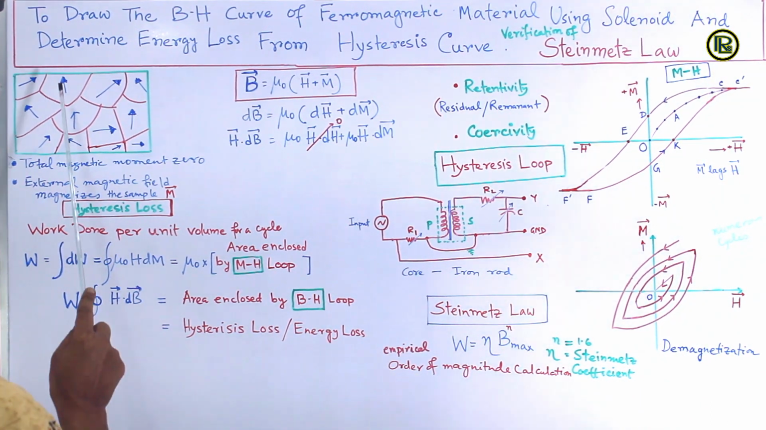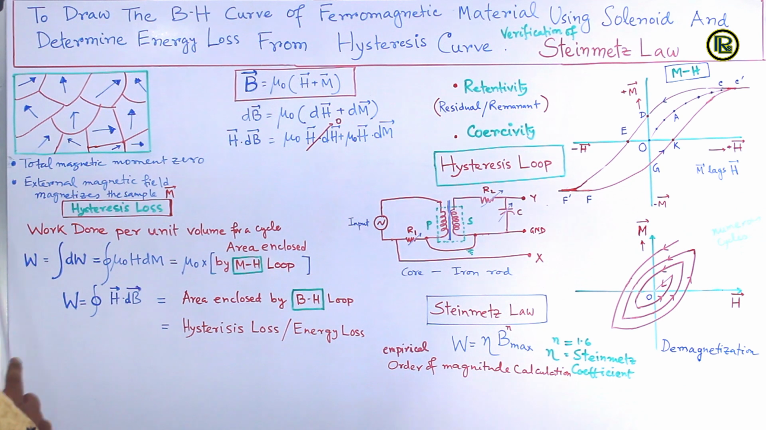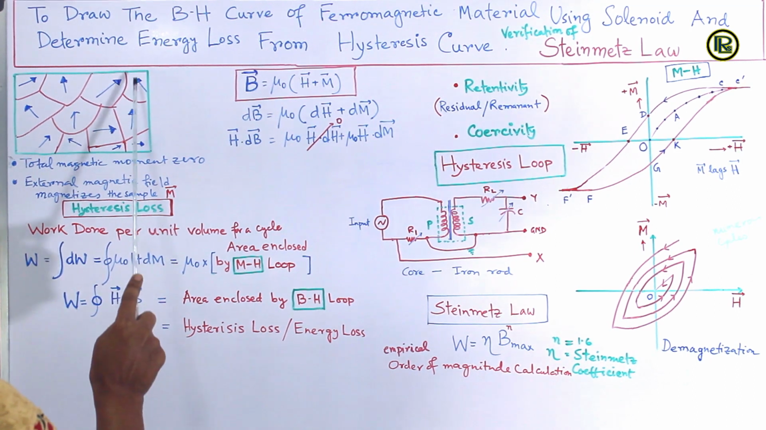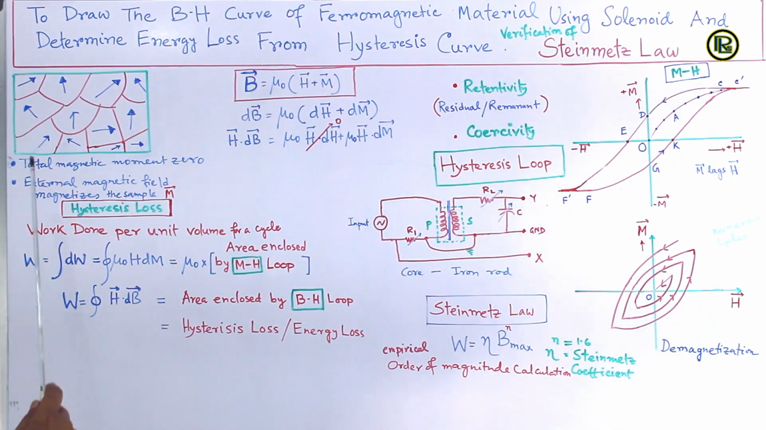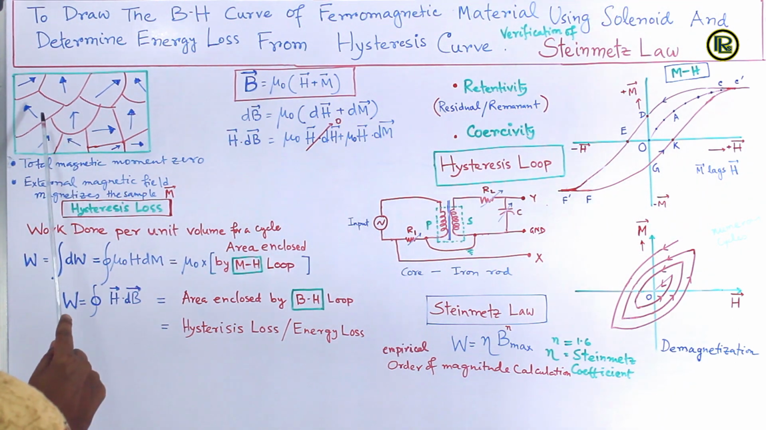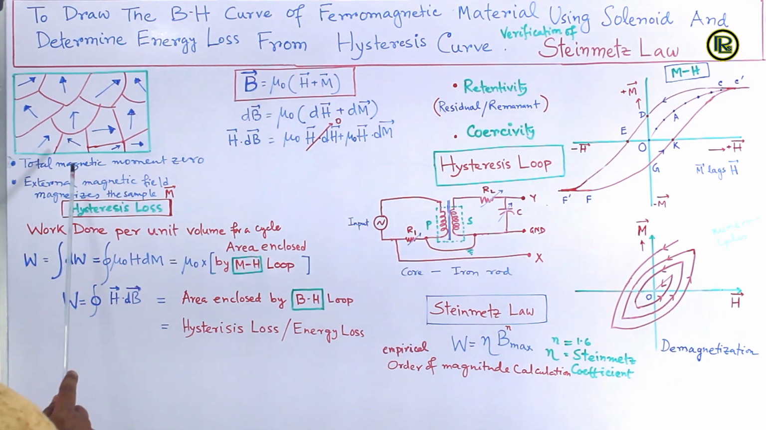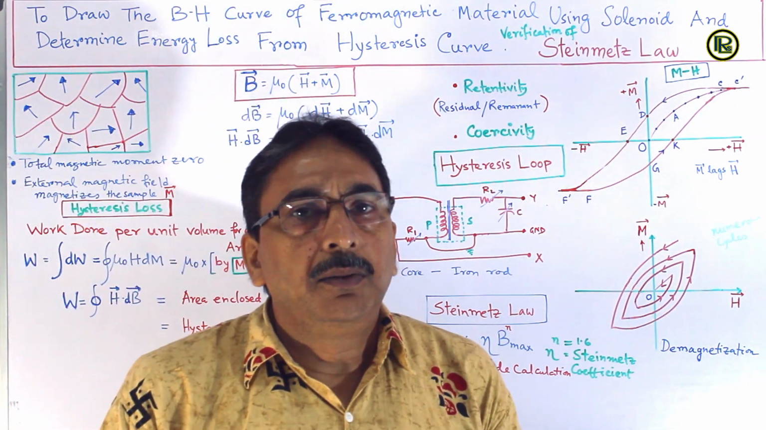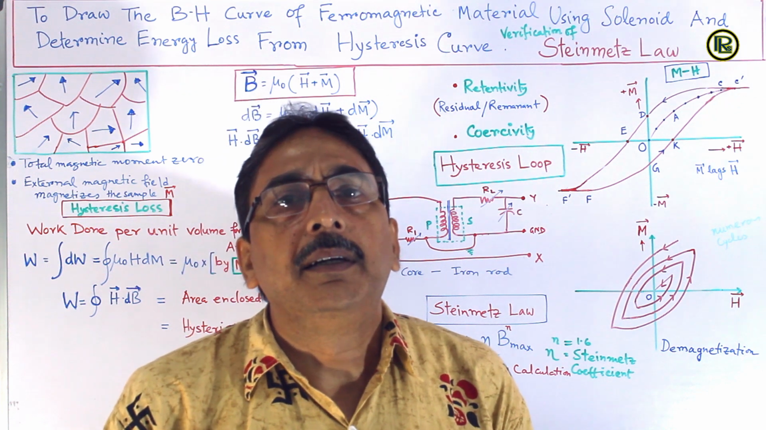So the schematic diagram shows these are the domains and the local magnetic fields are directed along this direction in these domains. As there is random orientation of the magnetic moments, therefore the total magnetic moment is zero in the absence of external magnetic field. But when the sample is subjected to the external magnetic field, then